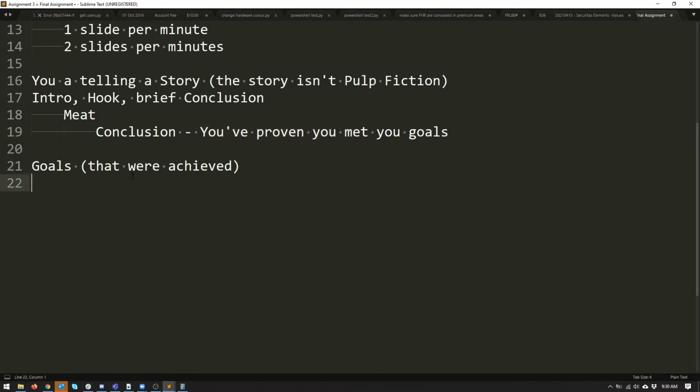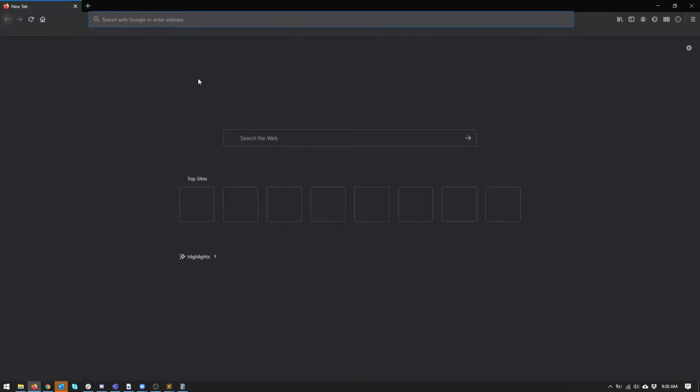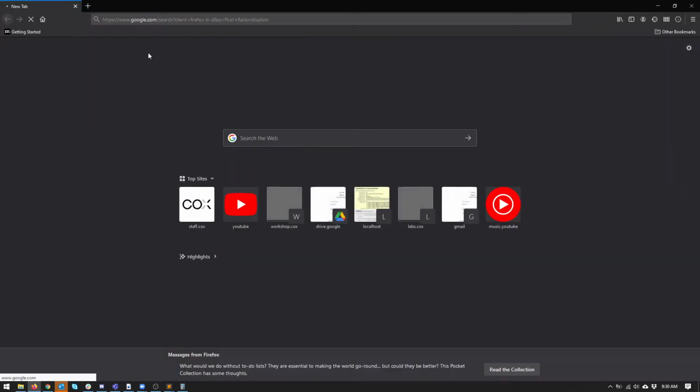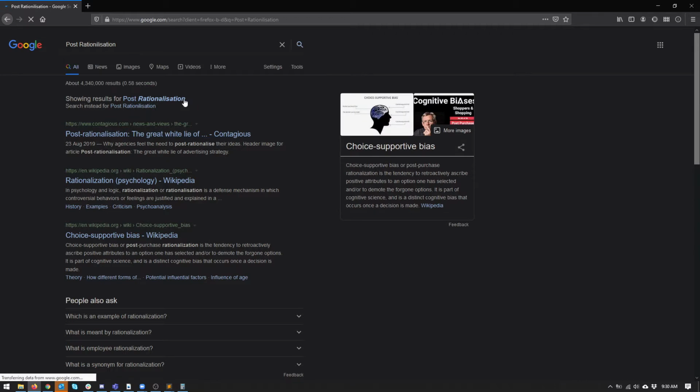So sometimes you will see in architecture this thing called post-rationalization. Rationalization? Is that actually correct? I just feel like that's a way too complicated word. These guys are gonna, oh yeah, it is. Yep, post-rationalization,